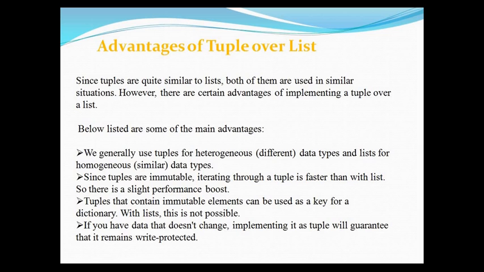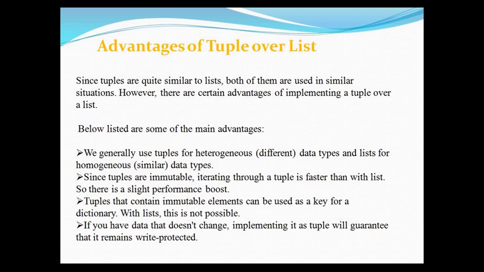Next point, the portability of tuples is more than that of lists. During concurrent code development, synchronized access to immutable objects is not required. Same during comparison operations and copy operations, the efficiency increases when compared with mutable objects. Okay, so these are the main advantages of tuples over lists.